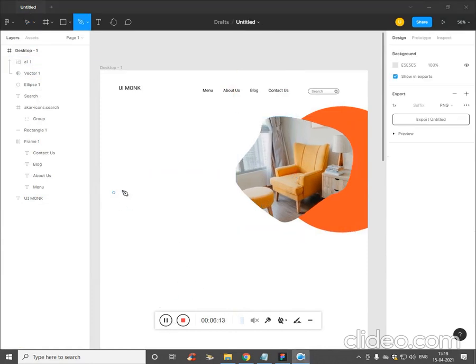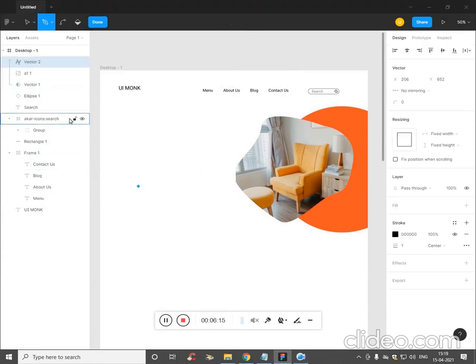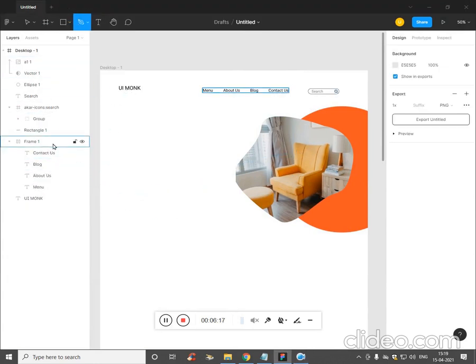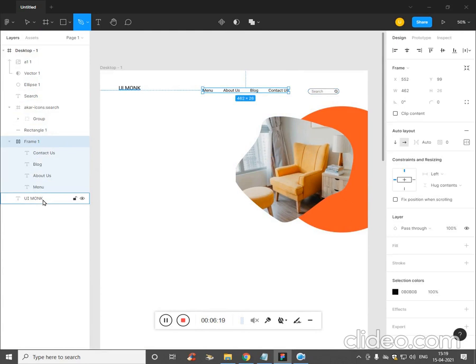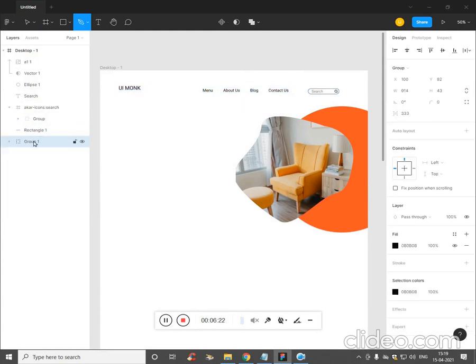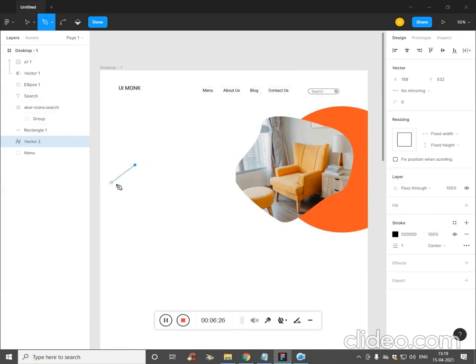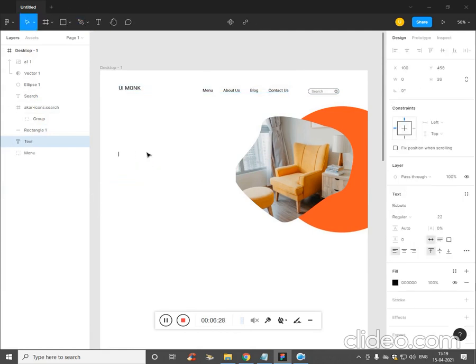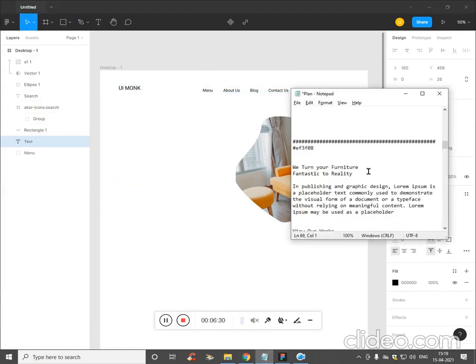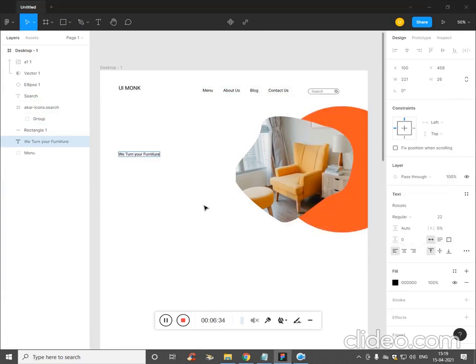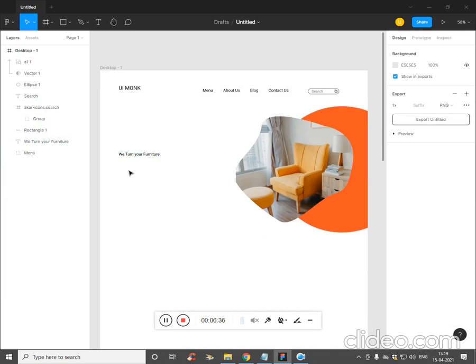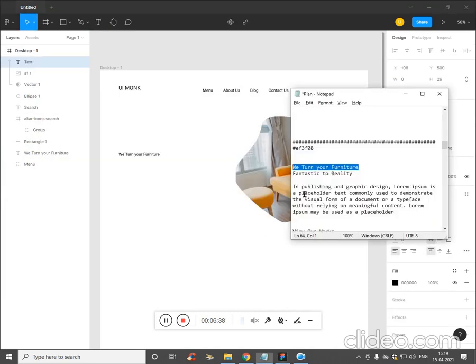Now it's time for the text, and that's simple. Let's make all this into a single group and call it menu. And then press T. Here we need a heading. T again.